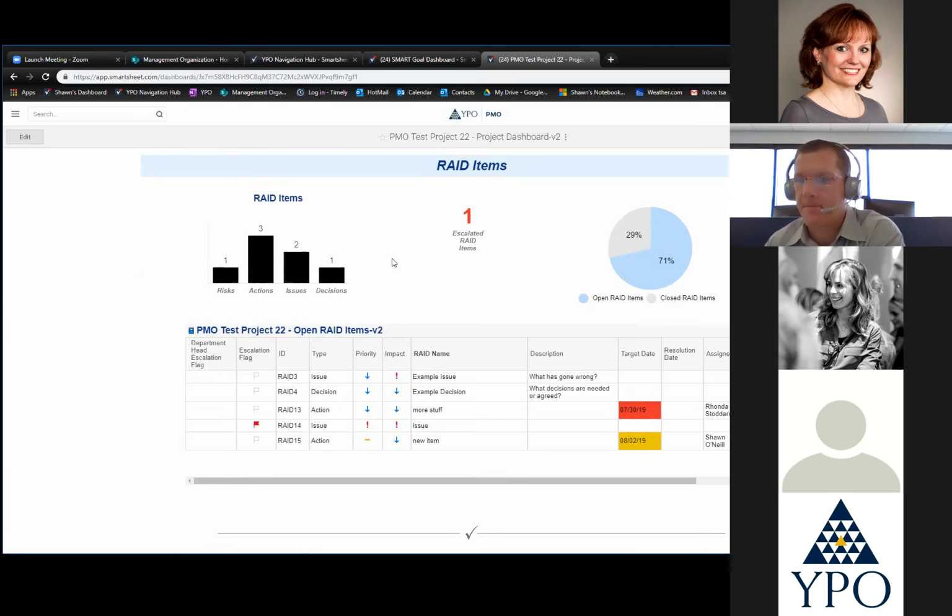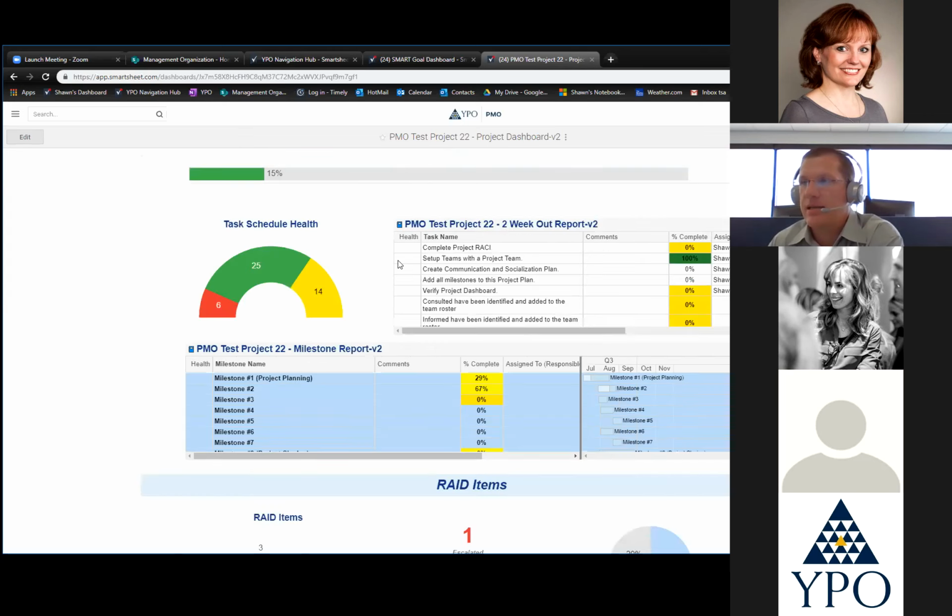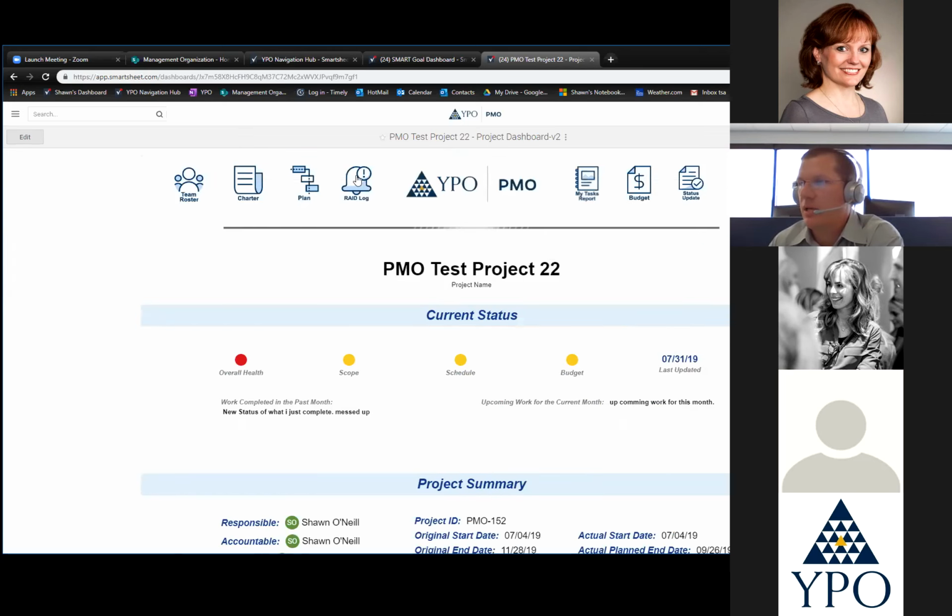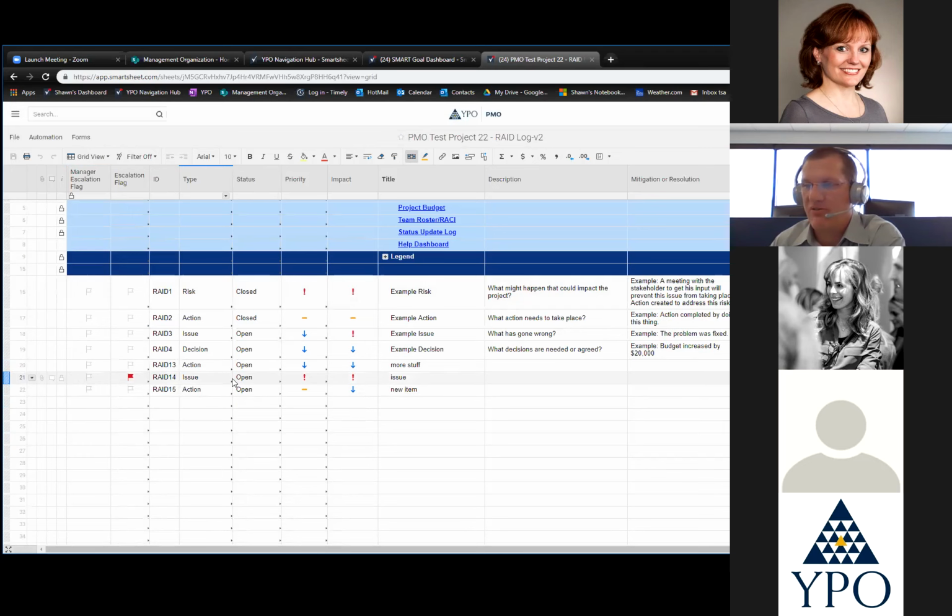Someone has asked if they would be able to attach items in the RAID rows. Yes. So if you wanted to record data about that item, you can drop a file on this line, and if you do, it'll show up over here. So all of your attachments associated with that action item, or that issue, or that decision, like if you've got a document of that decision, drop it on here and it'll be saved with your project and it won't